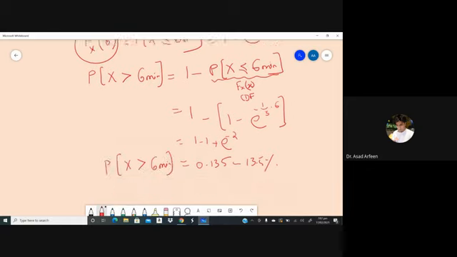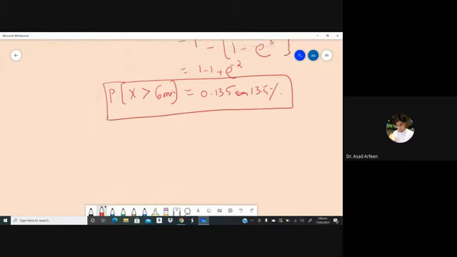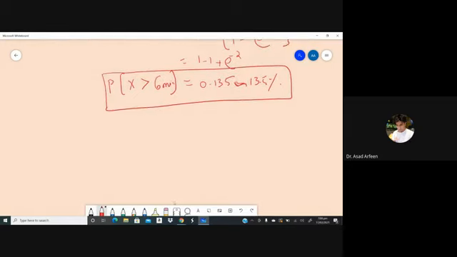6 minutes. Such kinds of problems are very common in the case of the exponential distribution, and they are very easy, so nothing to worry about. There is a very important property of the exponential distribution. Let me write it down clearly. It is called the